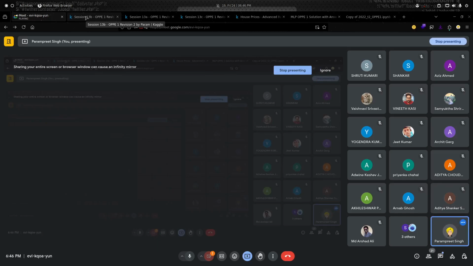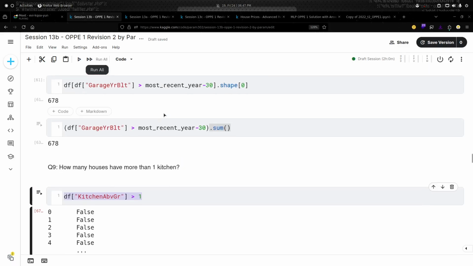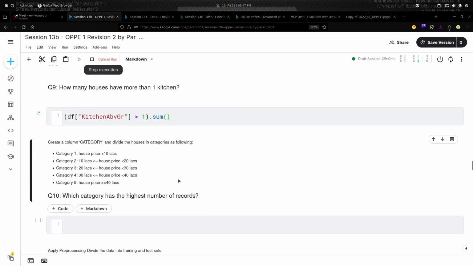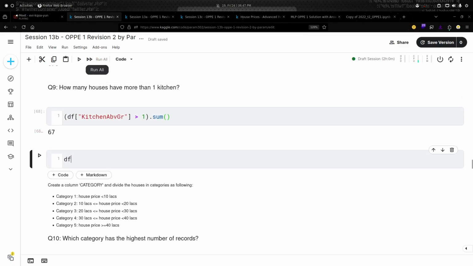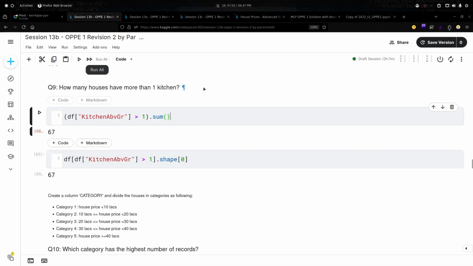But I have shown you through value counts what the numbers are. So let's suppose we don't use value counts, then mainly these questions in data pre-processing are of filtering. So if you can do it based on filtering, that will be better. So I can apply this filter on df, right? And either I can do dot sum, or I can do df, simply copy paste this filter here and do dot shape of 0. So is this clear, guys? This is a very basic question.